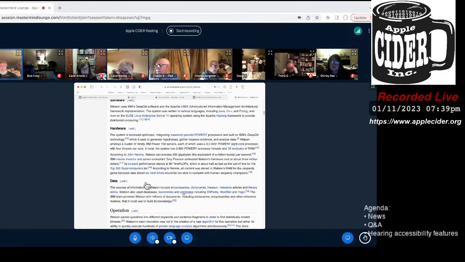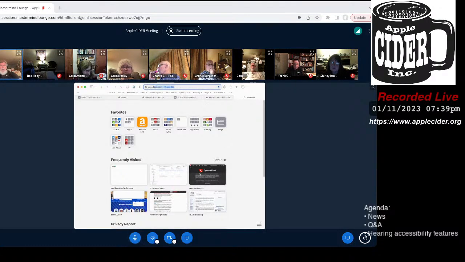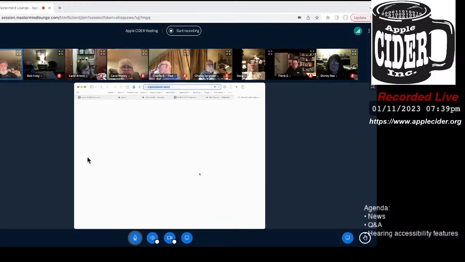So instead of needing one computer with a super fast processor, you just start sticking multiple computers and multiple processors together. That's kind of a big thing now in the supercomputer